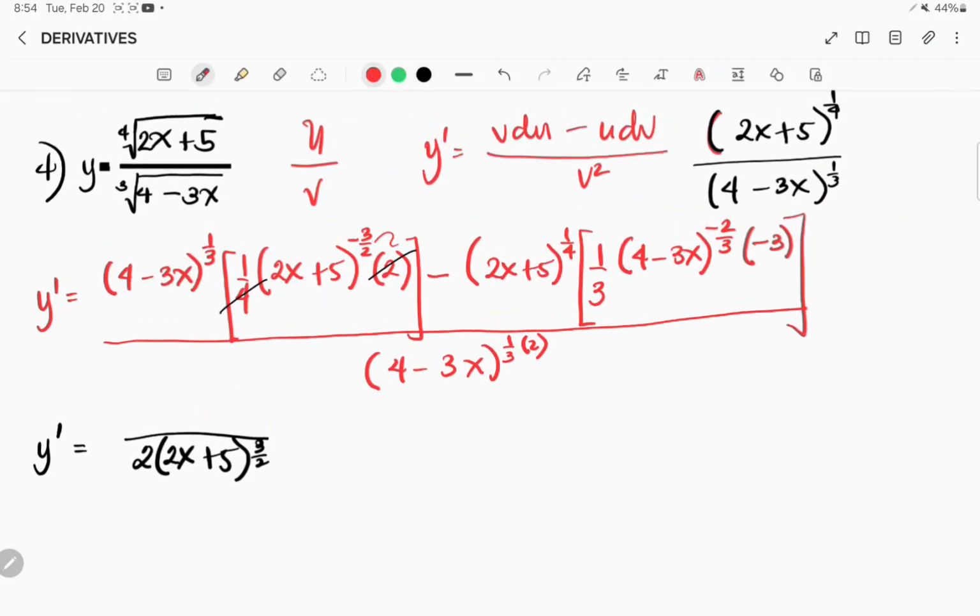Oh, this is 3/4. So this is 3/4. That's 1/4 minus 4 over 4, which is negative 3/4. And then we have 4 minus 3x raised to 1/3. On our second term, we have